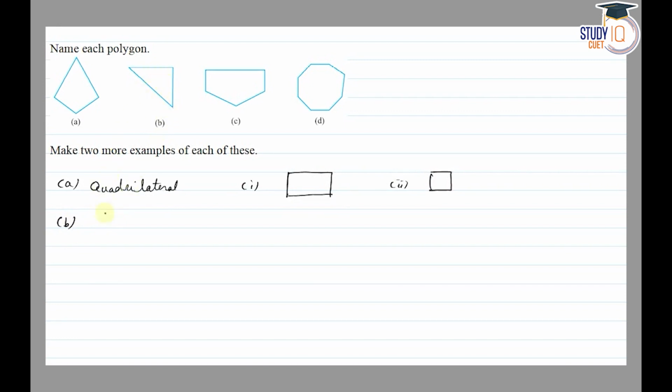B. 3 sides हैं, so ये हो जाएगा हमारा triangle. एग्जाम्पल हो जाएगा इसका. सी. साइड्स काउंट करेंगे 1 2 3 4 5, सो हो जाएगा हमारा पेंटागन. सो इसके एग्जाम्पल्स हो जाएंगे हमारे पास